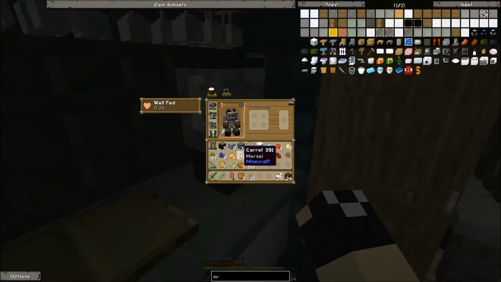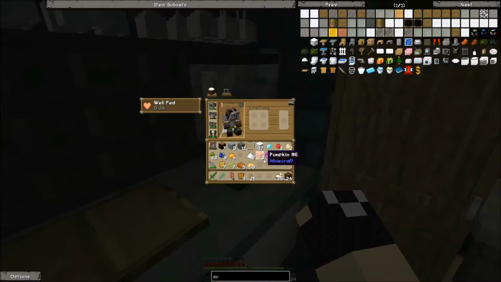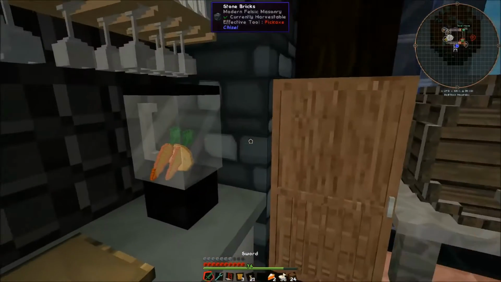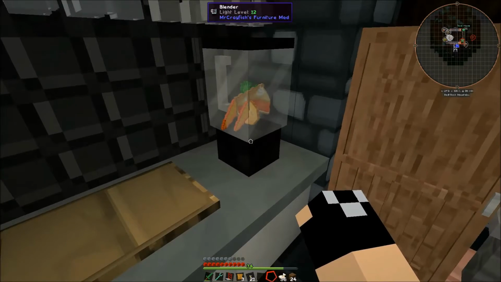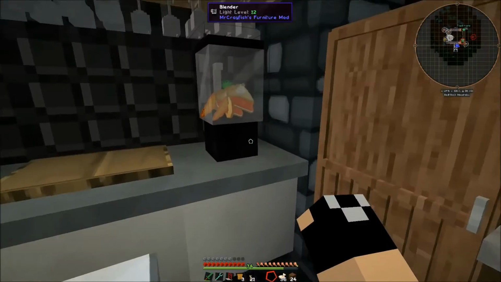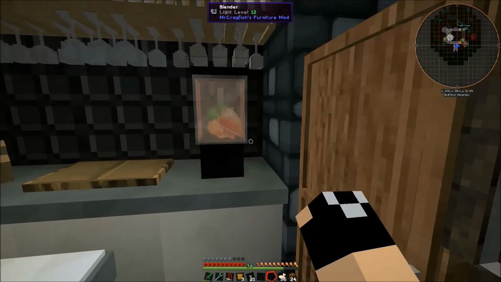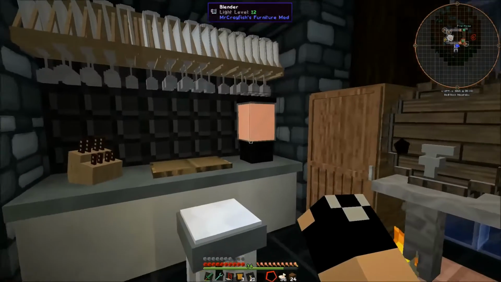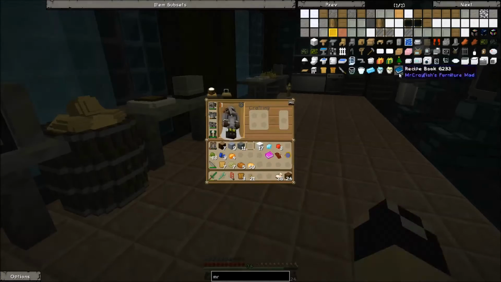But if we take 1 potato, 4 carrots, and then two pieces of pumpkin pie, let's make that really quick. I did go out and get some eggs. We'll throw that in there, and then if we shift right click, it's going to blend it all up for us. And now you might be thinking we threw a bunch of food in there, but the nice thing about this blender is it does store 5 cups worth of drink, and I did forget to make a cup,